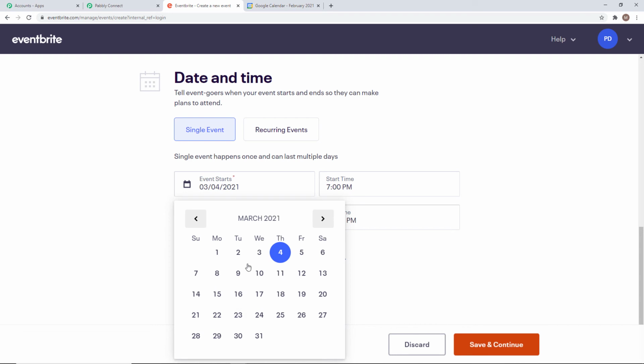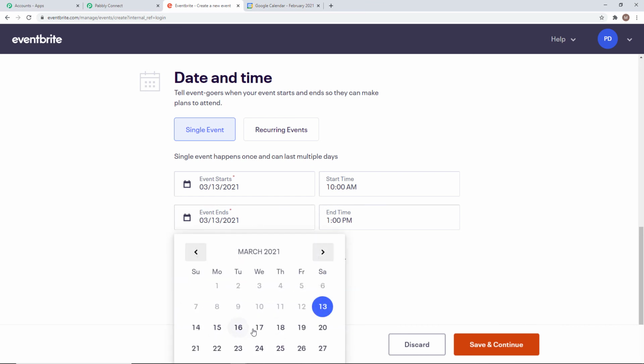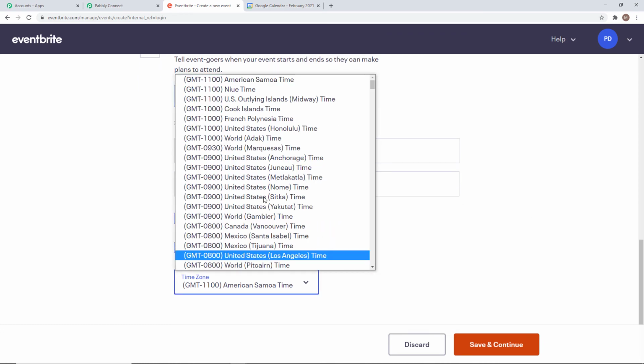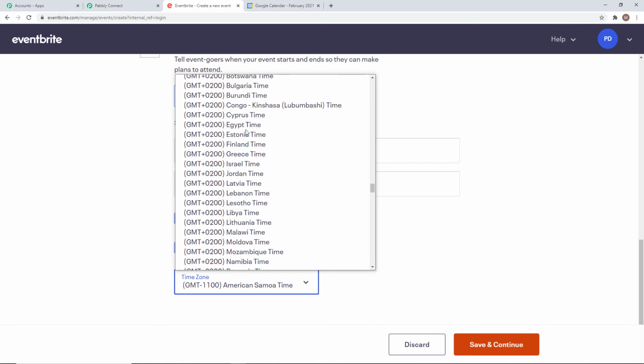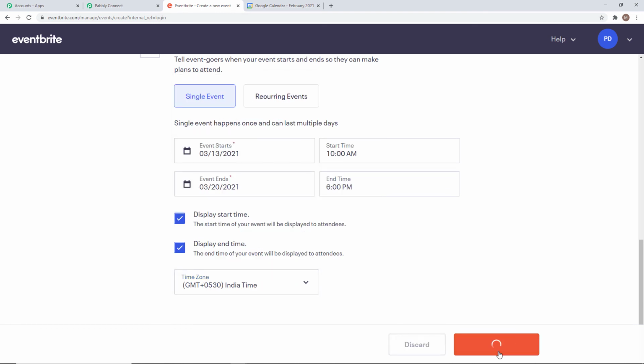So let me map the date as 13th. Okay. Morning, I'll keep the time 10 a.m. Event ends around 20th. Evening 6. Okay. Here I'll map the India time. Save and continue.